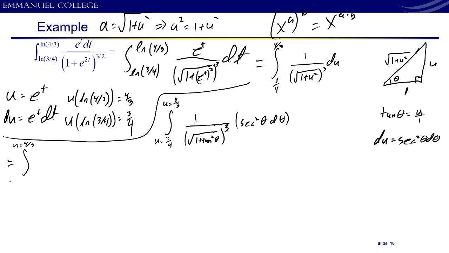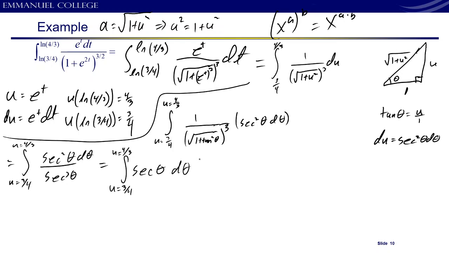So this is equal to u to the 4th, with u equals 4/3 and 3/4 for the bounds, secant squared theta d theta over the square root of secant squared, which is just secant, and then cube it. So I get secant cubed theta, and that will leave u equals 3/4 to u equals 4/3. That just leaves the antiderivative of